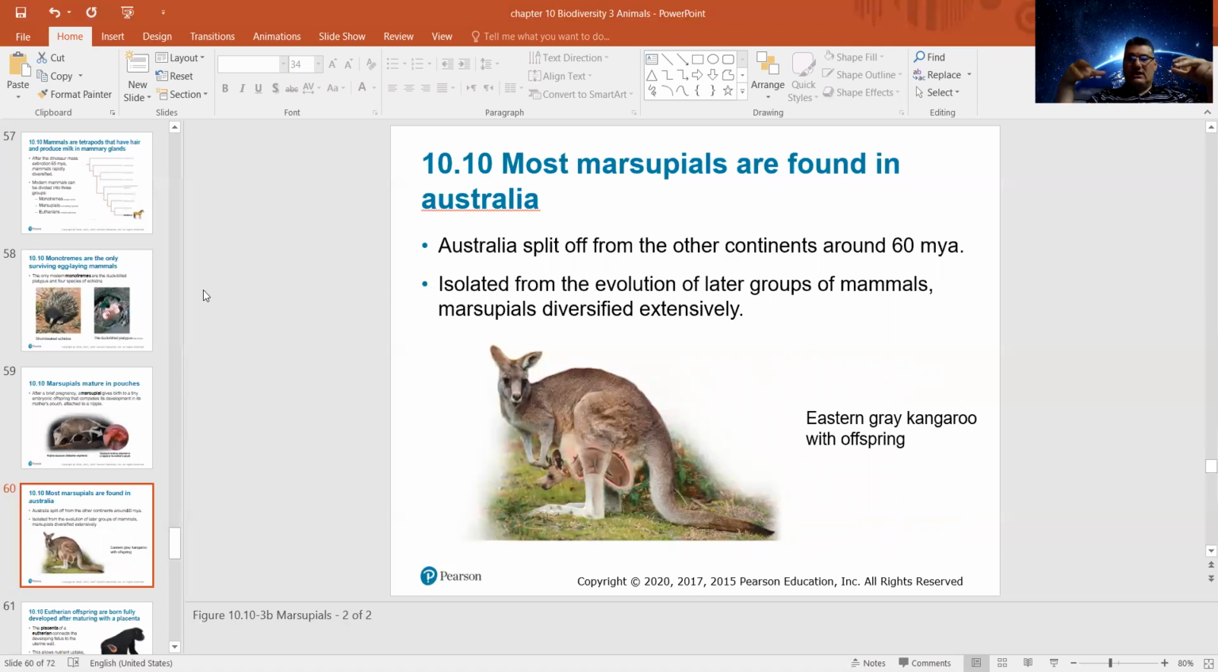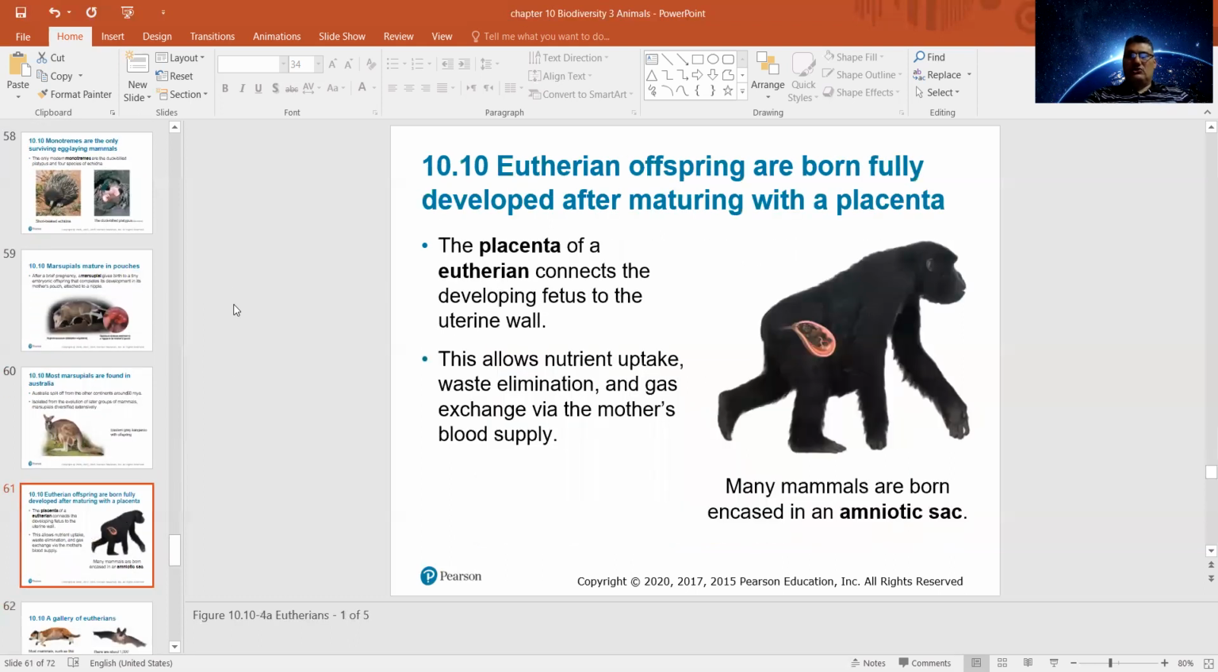The kangaroo does the same thing. They have a little bit of pregnancy, and then the embryo, not ready yet, goes into a pouch connected to the nipple and stays there until it matures, and then it separates. So they keep them in that pouch. These are called marsupials. Eutherians, on the other hand, are born fully developed, and they are connected by placenta,